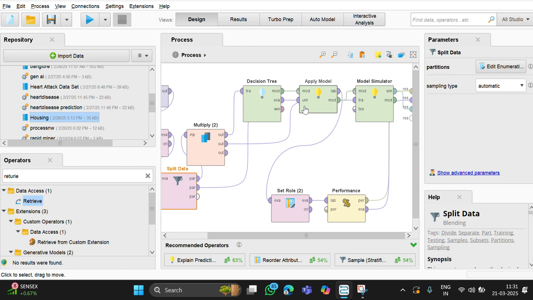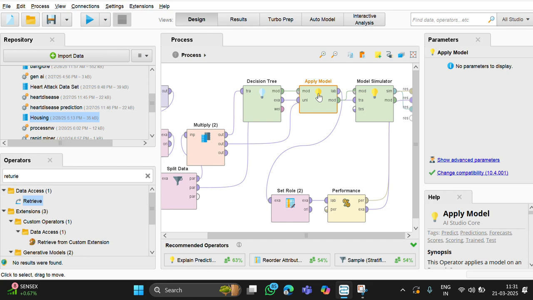So what this apply model will do is get train data and test data, and it will give the predicted value here. So now the output at this stage is,